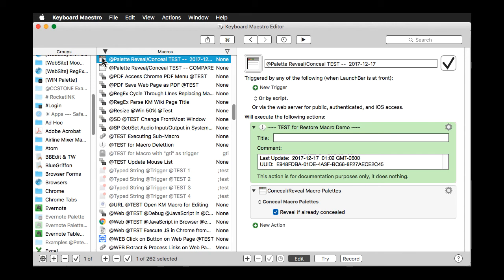Now, one important thing when I do that is I want it to have the same UUID. What is that? That is the Universal Unique Identifier. And it's really how internally KM keeps track of all of your macros. They can have the same name, but they'll have unique identifiers. So you may have scripts or execute macros or other things that call this macro and it's identified by its